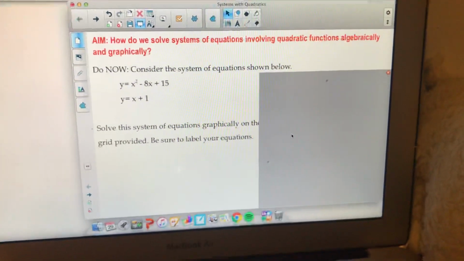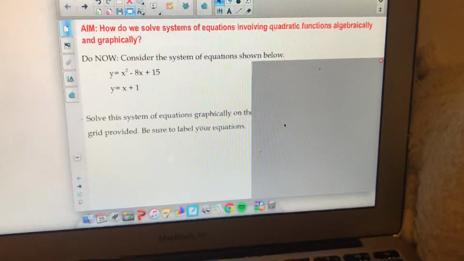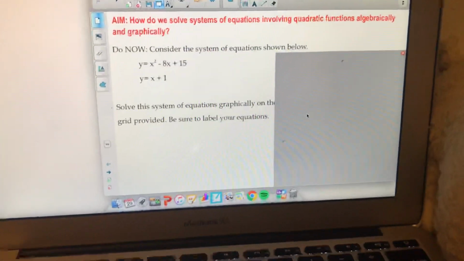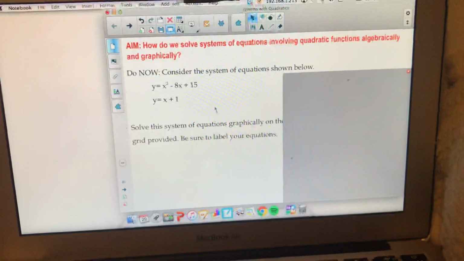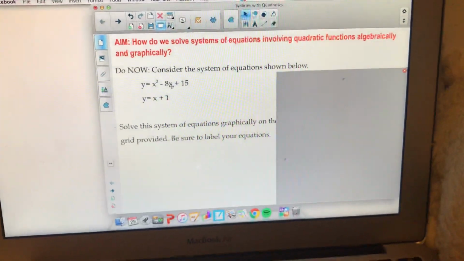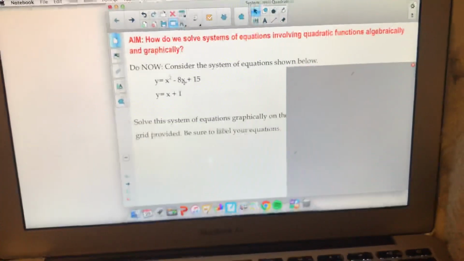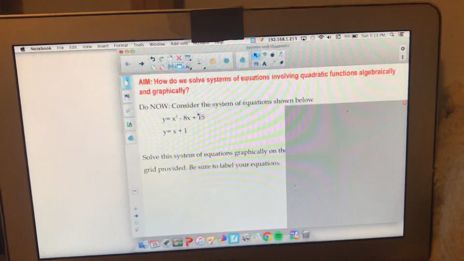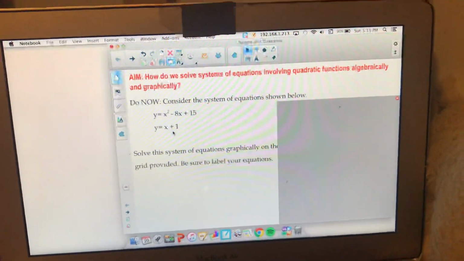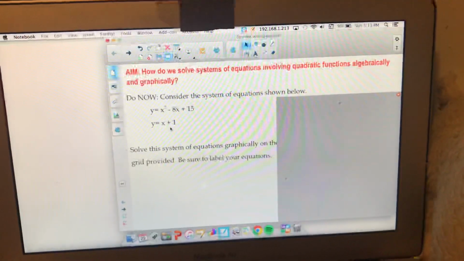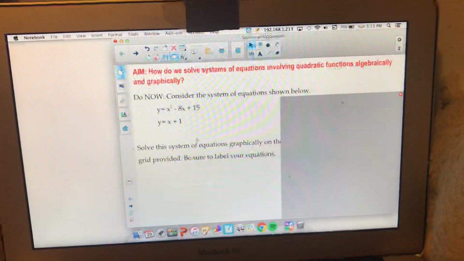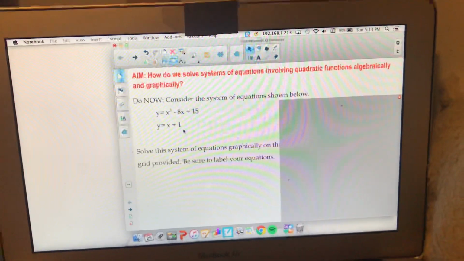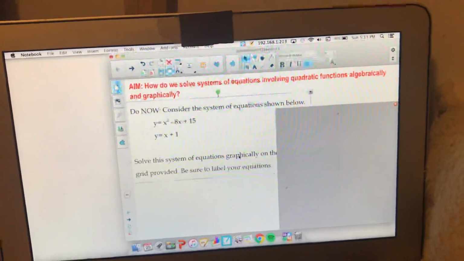When you guys learned this back in, I think it was maybe December, you had two linear functions, and that's what you dealt with. You graphed them, or you solved them algebraically. That was always the case. Today we're going to look at one of them being a quadratic and the other one being a linear function. So for your do now, I'm asking you to consider those functions and solve them graphically,